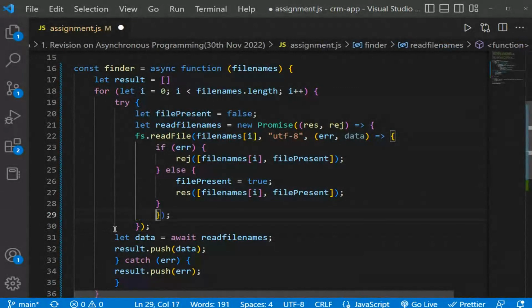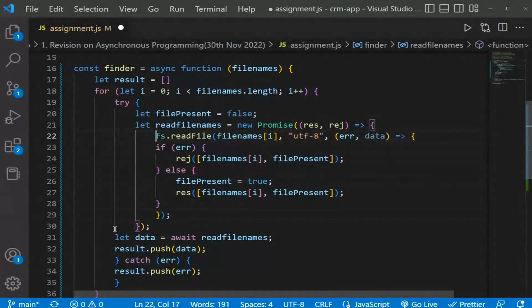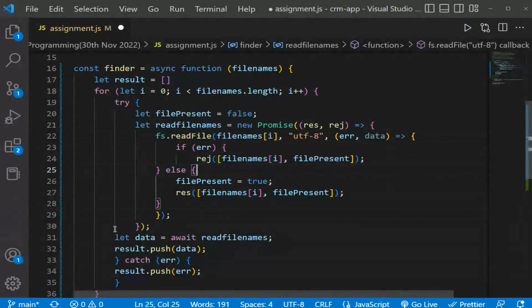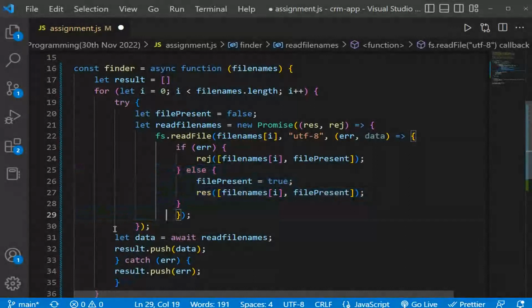This is this tab, and this is inside this tab. So this is inside this tab.